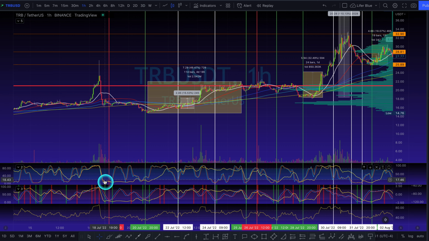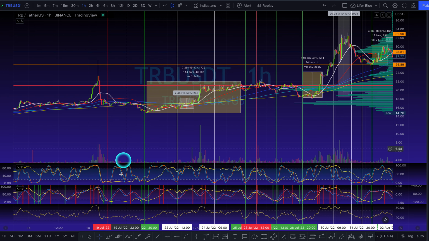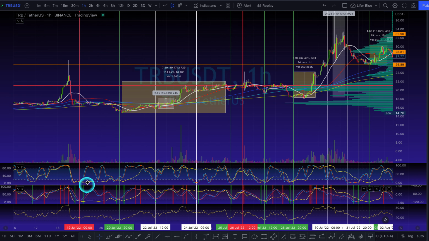If you were just trading stochastic RSI alone, you might have taken that trade and you would have got nothing. And this stayed down for quite some time. This was not much of a move, and you might have been like, well, what's going on? Why am I not hitting on that? So this one stayed down. But once it joined back together,